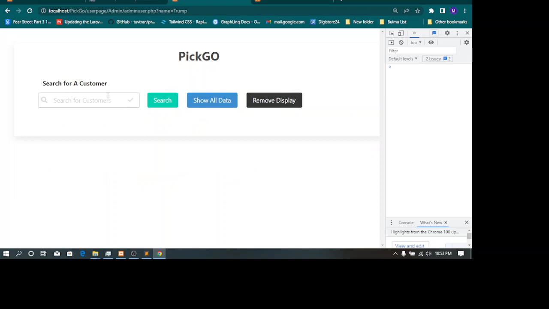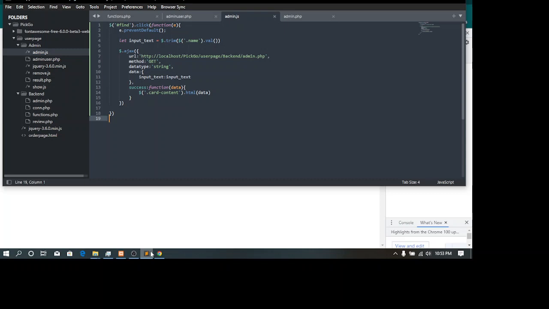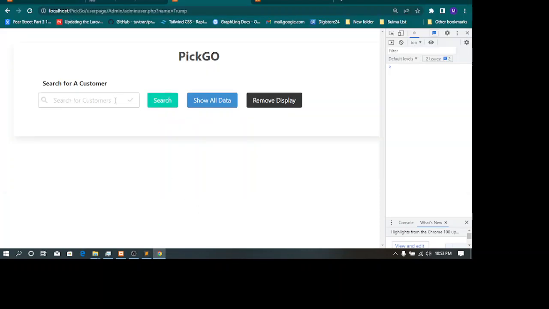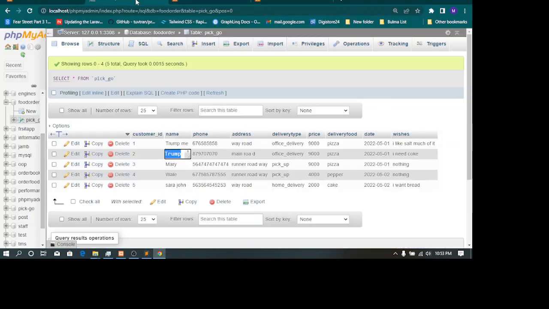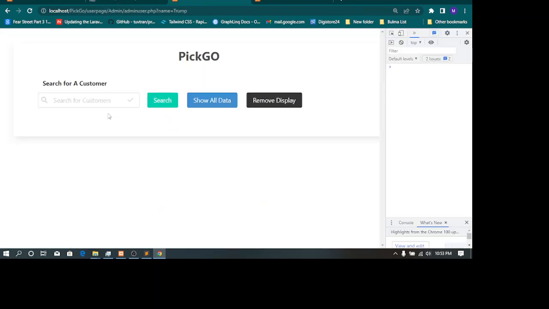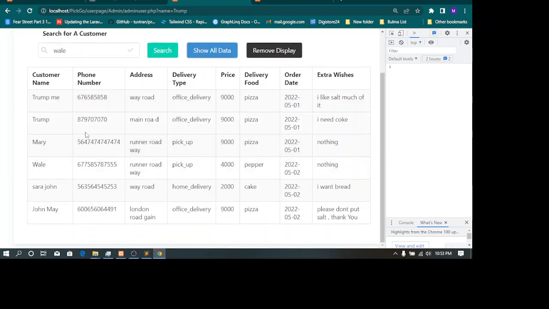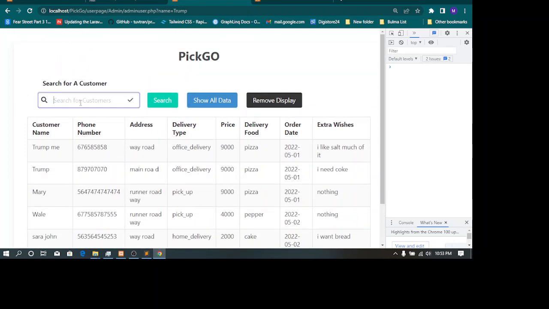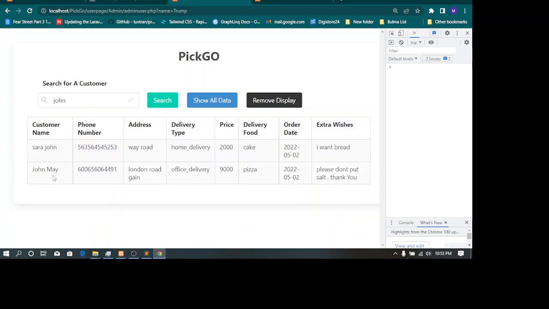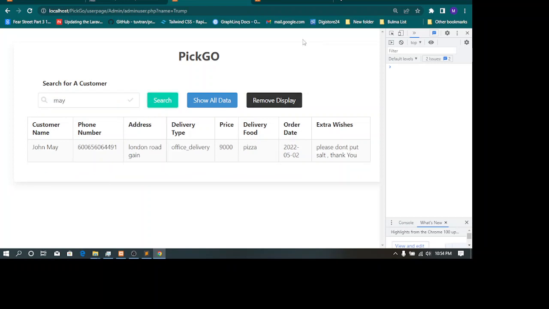If you can debug your programs, you'll be a better programmer. If you know how to look for errors, if you know how to find and spot errors, you'll be a better programmer. So let's look for this name. Let's say this one, search. Come here again and say John. You get to see we have John May and Sarah John. Let's just say May. You get to see we have John May.